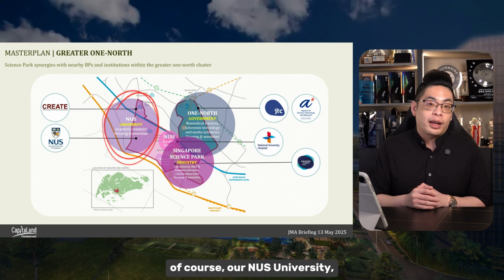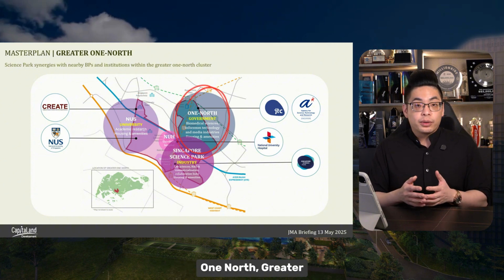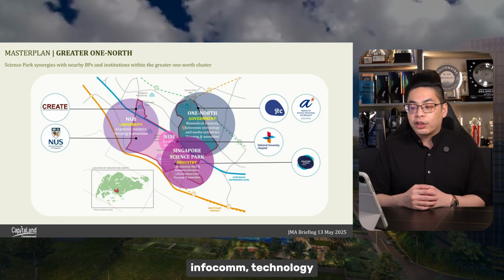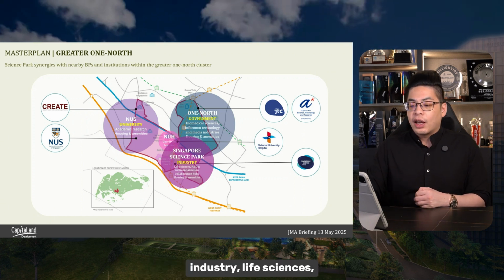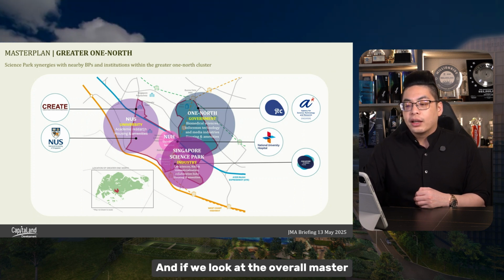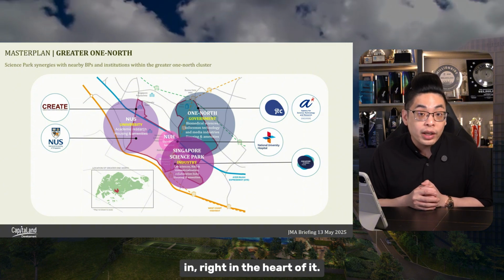First is of course our NUS University, the academic research and housing amenities. Greater One North transformation, where we have our biomedical, infocom, technology and media industries, followed by our Singapore Science Park industry, life sciences, R&D collaboration, so on and so forth. And if we look at the overall master plan again, this is exactly where Lindenwood is situated in, right in